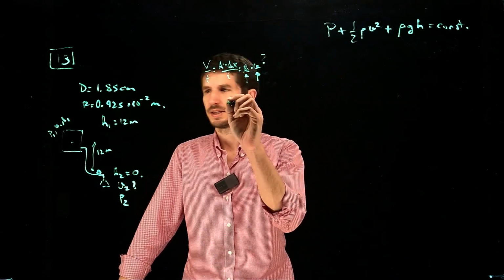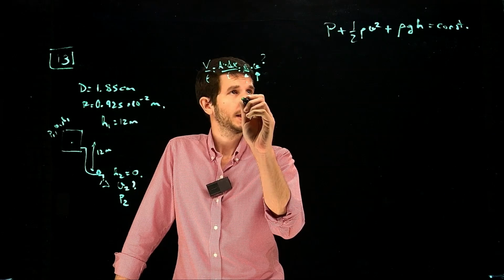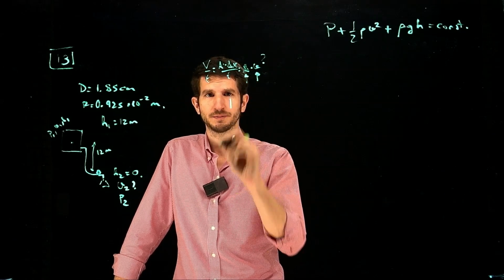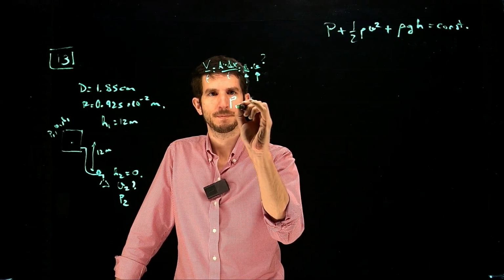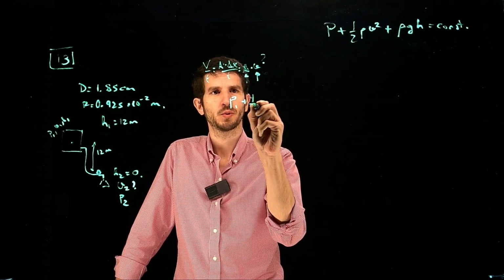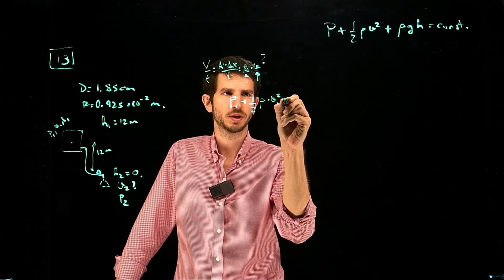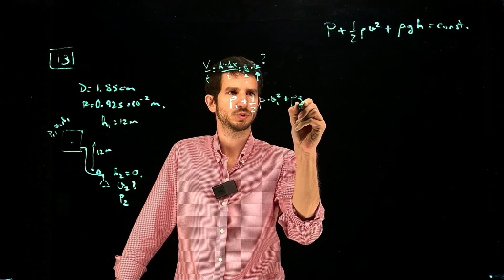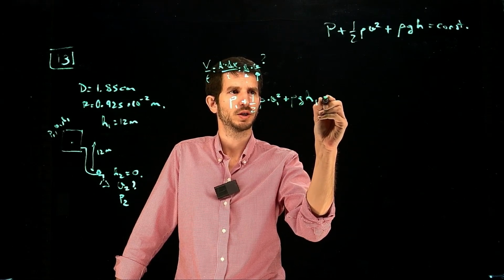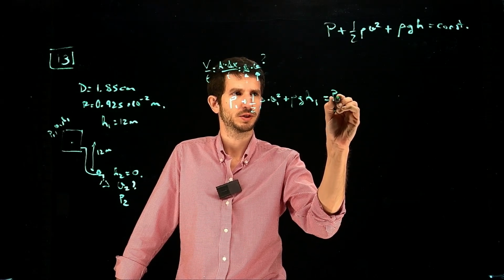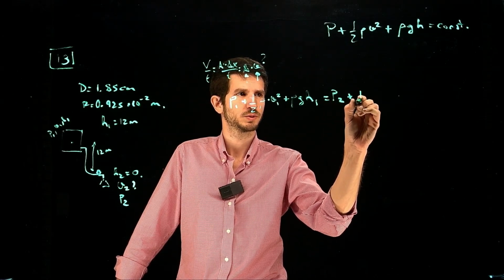Now let's write this. Pressure at the beginning plus 1/2 rho velocity 1 squared plus rho g height 1 is going to be the pressure out plus